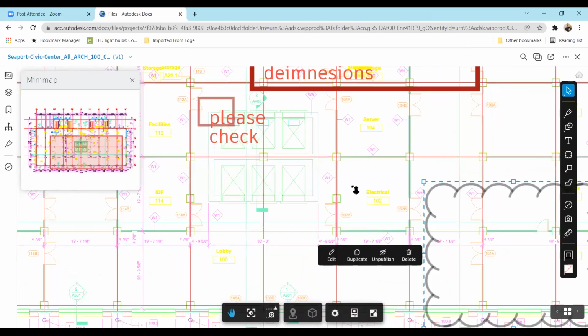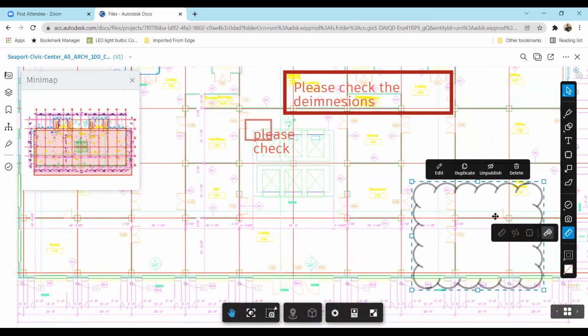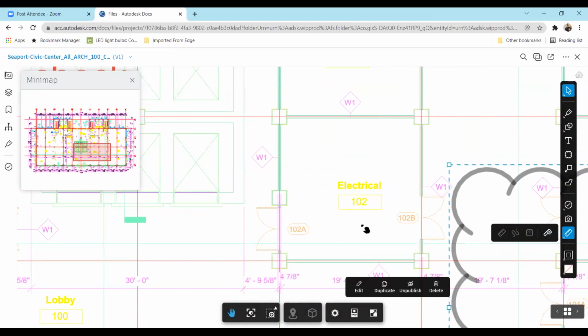So let's just check out the area for the measurement. Let's say I need to check out any kind of measurement areas, then I can use some of these tools. So here I see that there is this electrical room and all, and I can easily measure some of the things over here. So, okay, now closing this off.